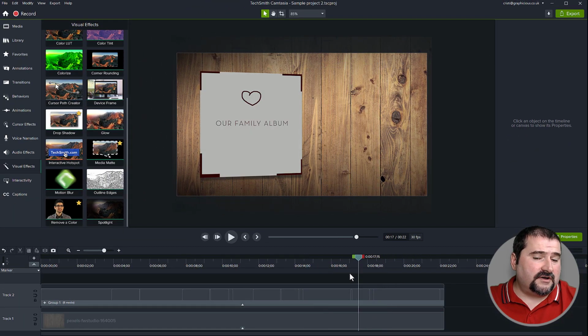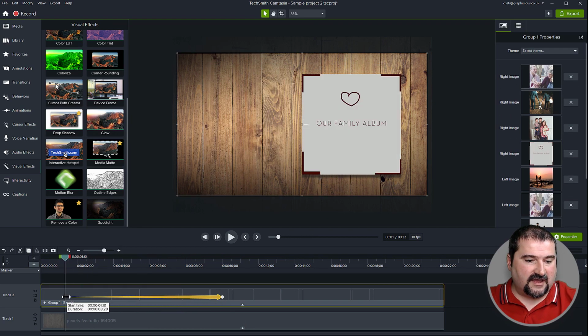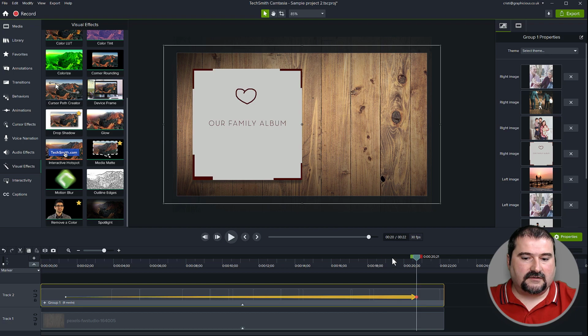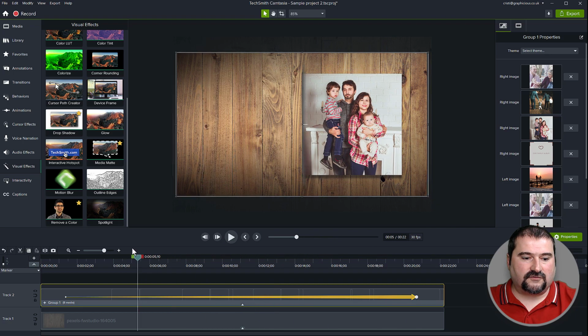To make things more interesting, you can add an animation to this particular group and have it zoom in. So you just have it zoom in a bit like that, and you can see as it moves, it zooms in.